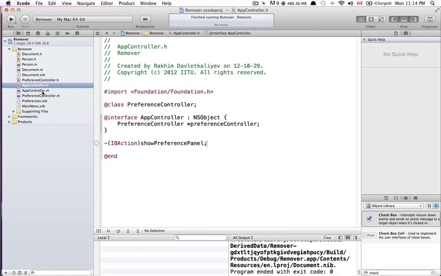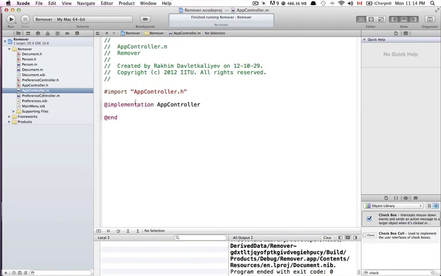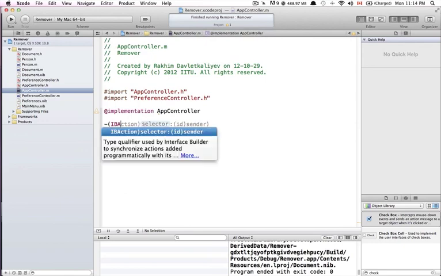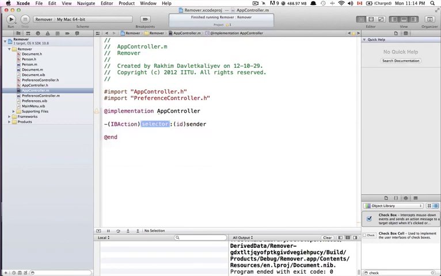So let's go to my app-controller.m now. Now I really need to import it. So let's import preference controller.h. Now it says I don't have complete implementation. That's because I didn't implement something, and I didn't implement that single method I just created. So it's IB action show preference panel,